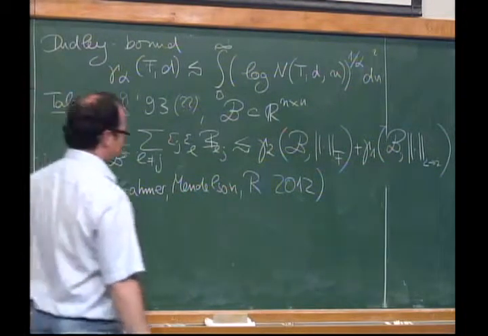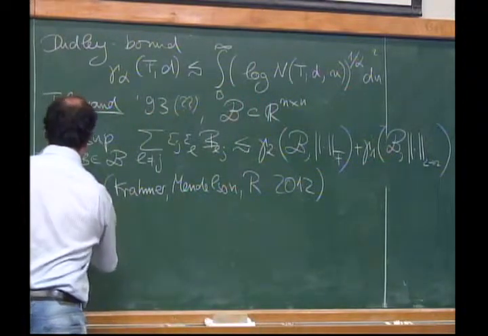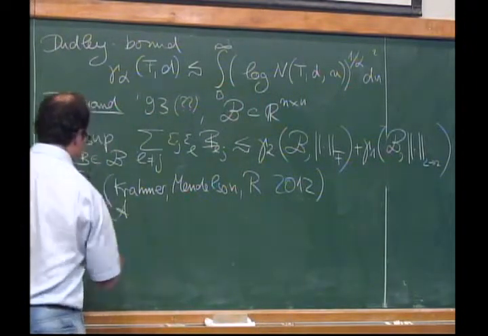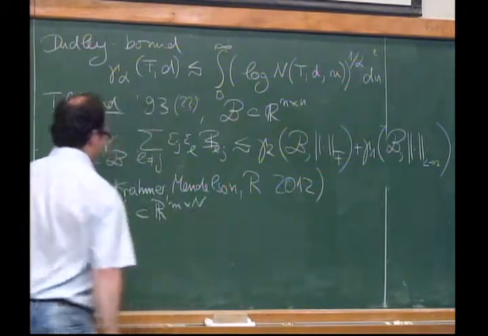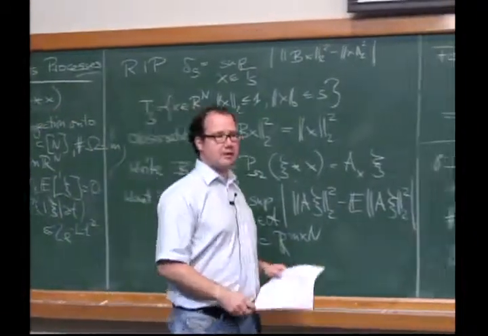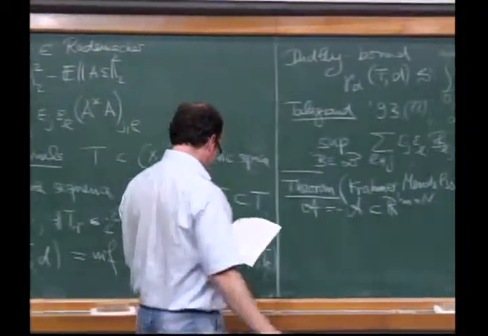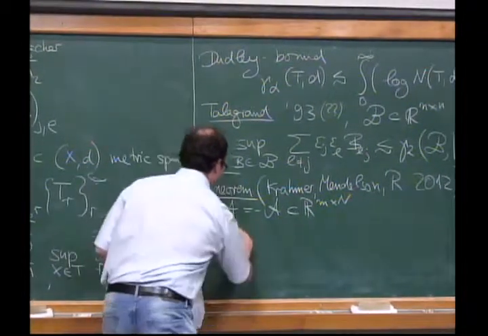Okay, so for simplicity, we assume that the set of matrices is symmetric. That's not really necessary, but it makes the statement a little simpler, and is certainly true in this case because that set is symmetric. Okay, so the first part of the theorem states that